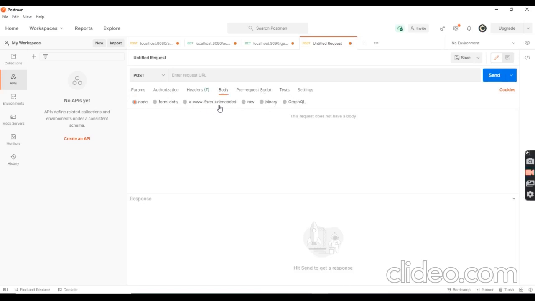We are going to pass our ticket object into the body of the HTTP request, an HTTP POST request, under raw data. Where is raw? Yeah, got it. The media type is JSON. Let's pass the ticket into the body of the HTTP POST method.